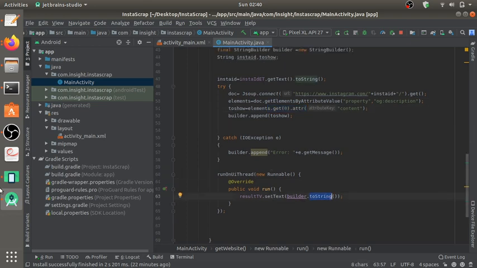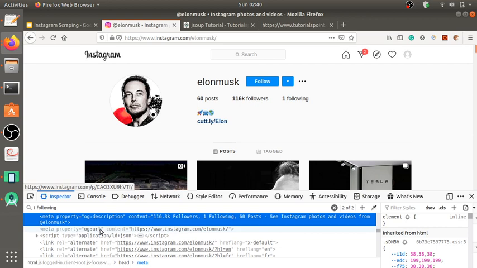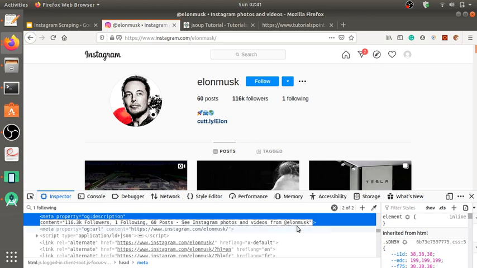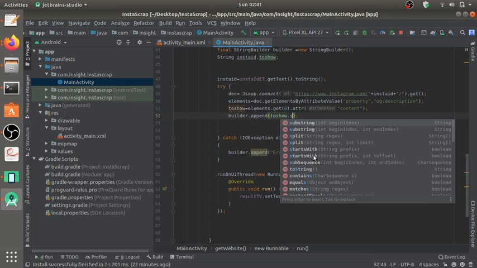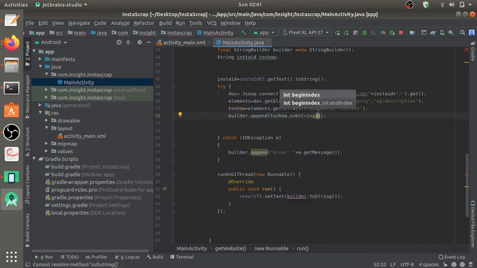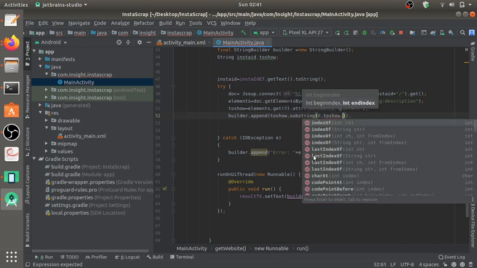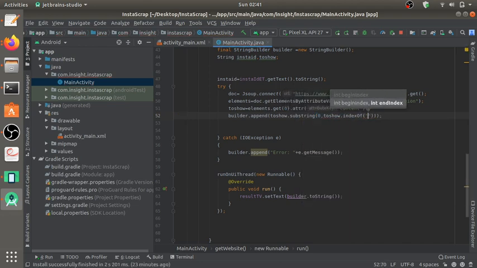Okay, this string may have some excess, right? The things we need are the number of followers, following and the posts. Now we can see some extra string is also combined with this string. I'm gonna remove that dot substring from 0 to, okay.